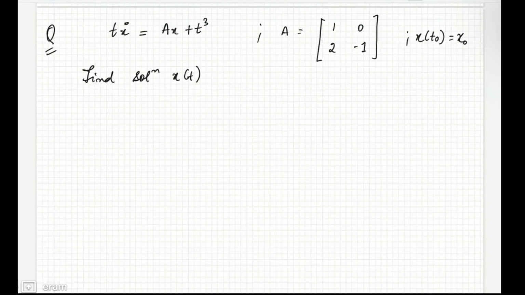Okay, this can be written as a by tx, and this will be t square. Now the particular solution, the solution will be, let's write it as the state transition matrix phi t